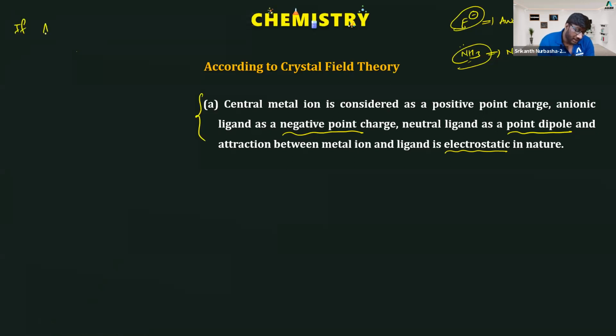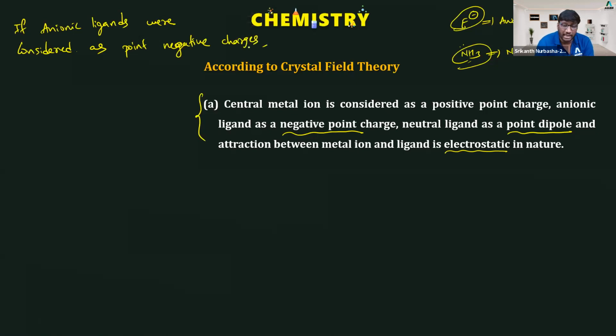If anionic ligands were considered as point negative charges, then they will repel the inner d electrons of the metal ion greatly